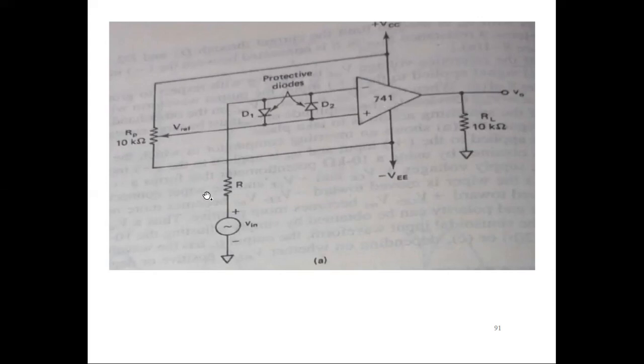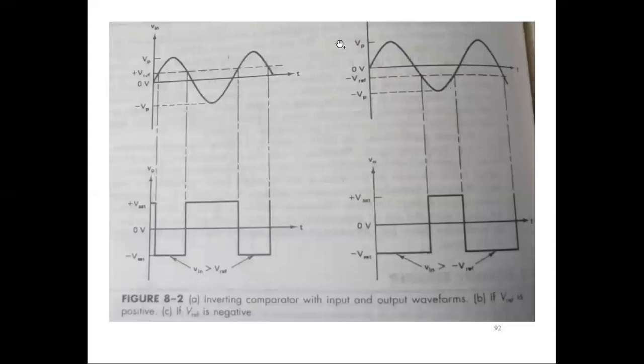If this is larger than this, then we will have the output to be positive. So that means V reference is larger than V in, or V in is smaller than V reference, output will be positive, plus V sat. So the waveform gets exactly inverted. For the positive portion of the input, you will have the negative value, that is minus Vsat. For the values which are below the V reference, we'll have the output to be plus V sat. So you can have the reference as either positive again, or at 0, or a negative value.